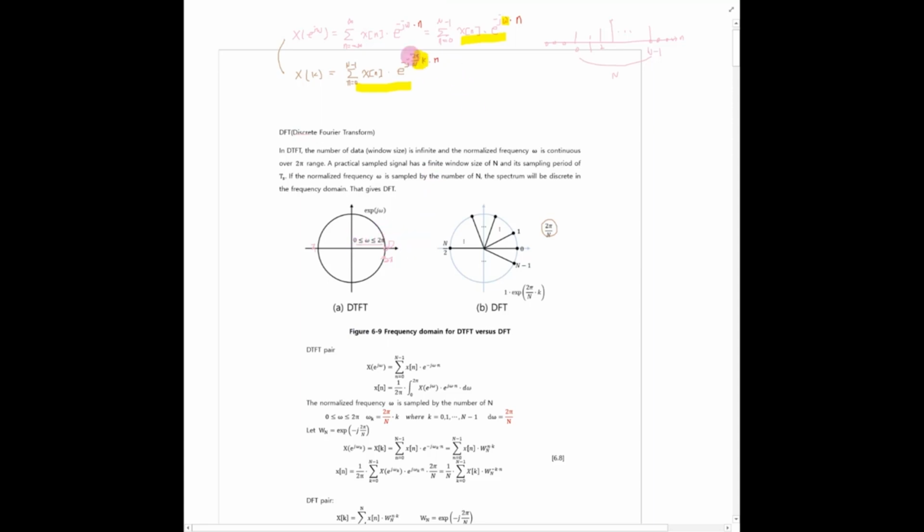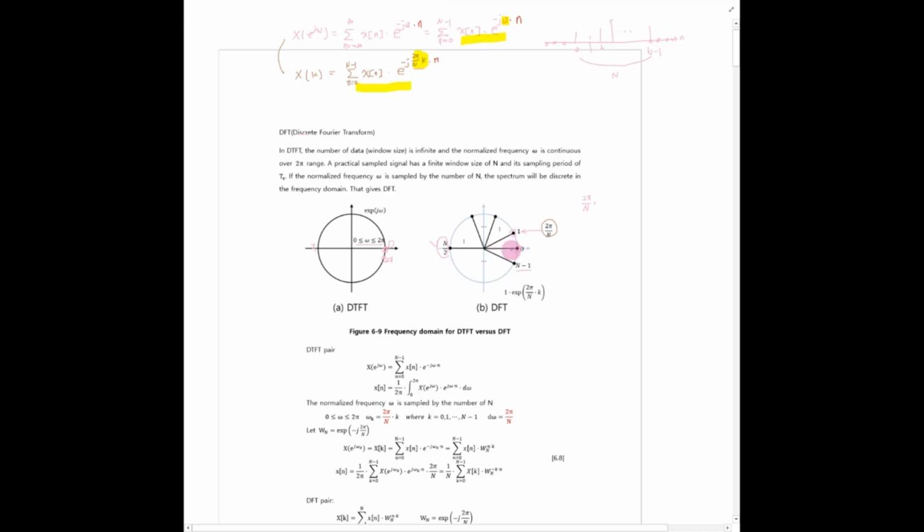What about the DFT? In the case of the DFT, we select some discrete frequency values. If k is 0, then it is the DC component. That is this point. K equals 1 gives 2 pi over N, which is this frequency component. And like that, k changes from 0 to N minus 1. If k is N over 2, then 2 pi over N times k,